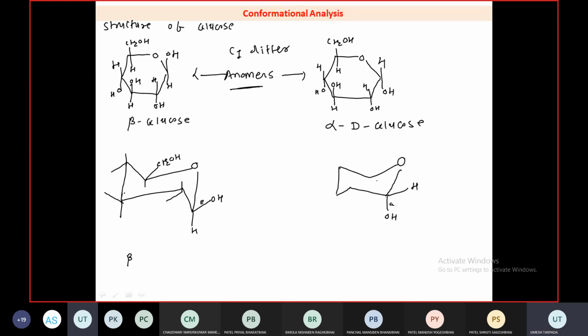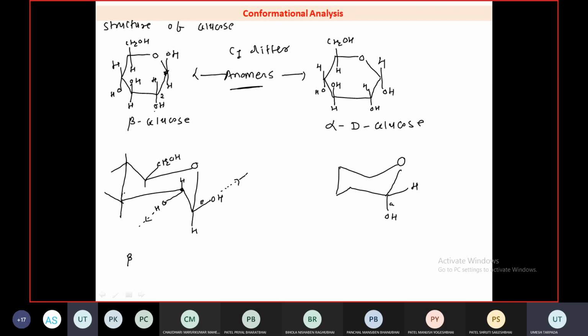Okay, now after writing this one, how to write down the other groups? Look here, see whether these two groups are on the same side or different sides. Here the OH group is above the plane and the OH group at carbon number 2 is below the plane. So these two groups are in opposite directions. You extrapolate: this goes upward, so you write the OH group here going downward, and therefore these two OH groups are in opposite directions. How will you know whether two groups are trans or cis? You can simply extrapolate these two groups. If they go in the same direction, it is called cis. If they go in opposite directions, they are called trans.